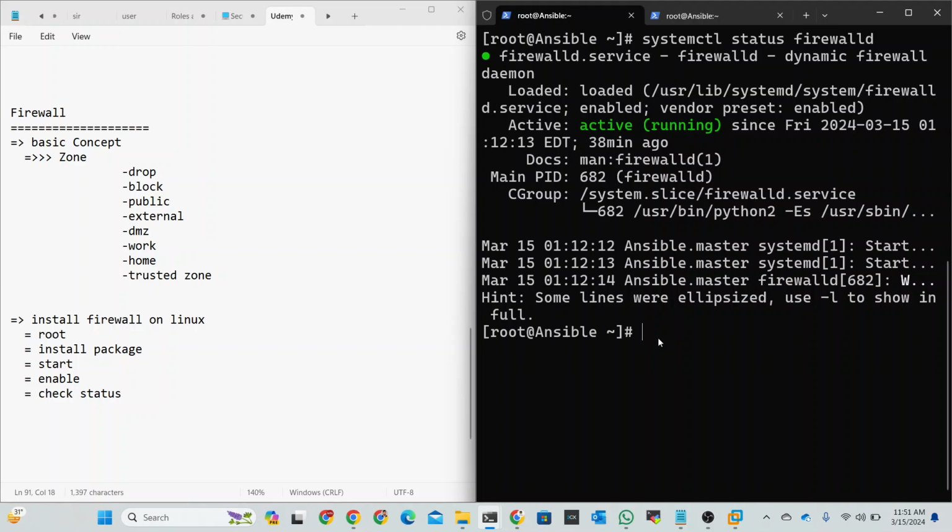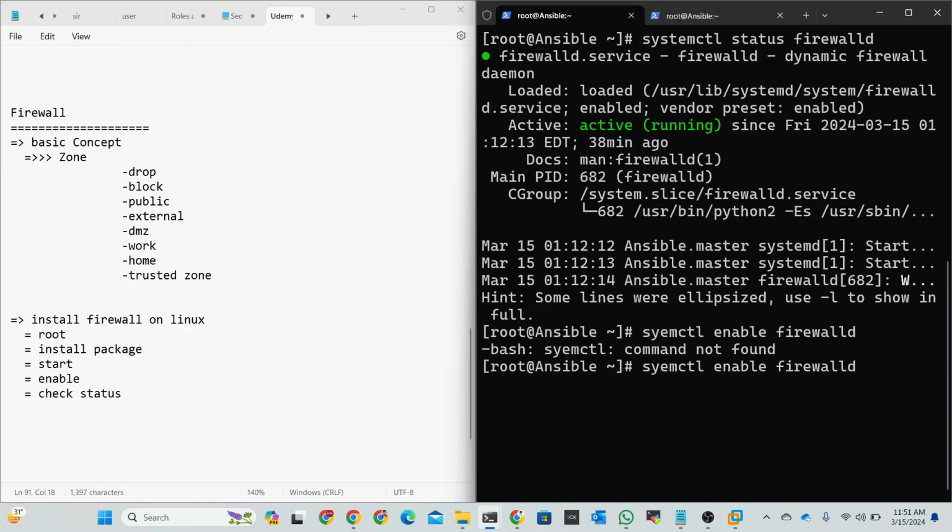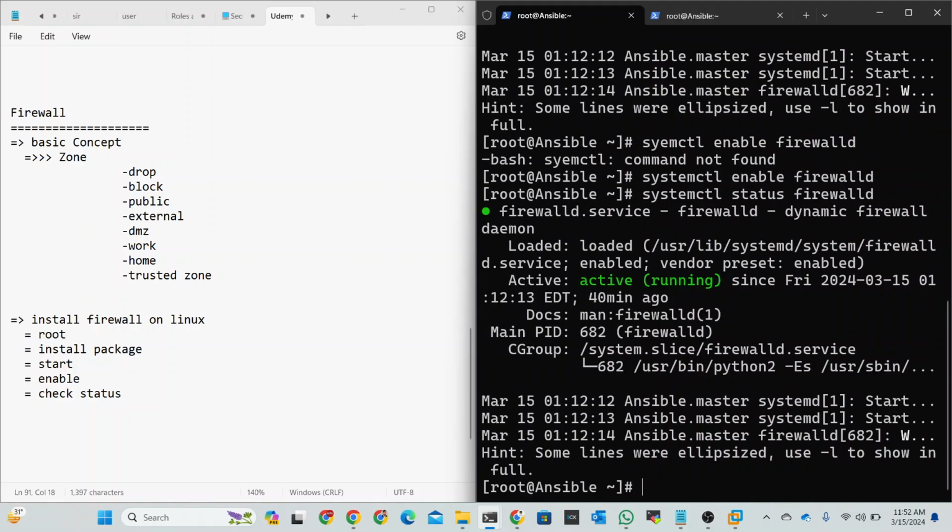So we should enable. So write systemctl enable firewalld. Sorry, systemctl enable